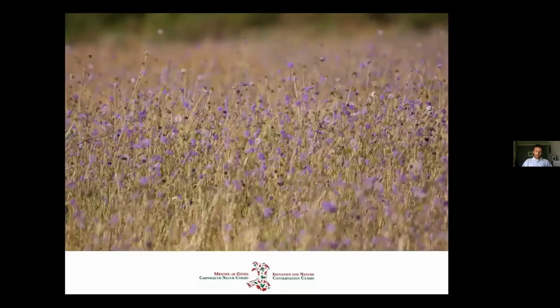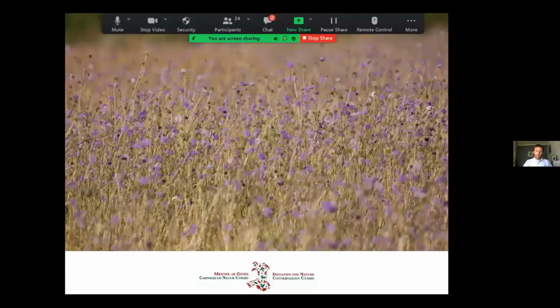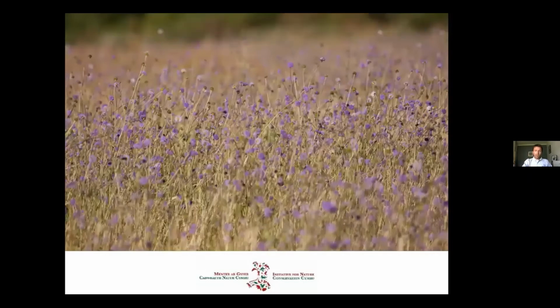Right, so I'm going to talk about Marsh Fritillary habitat and management now, which I think Rob will go into on the Wednesday anyway, for those who are going, but I'll go through it here anyway. So the management of the Marsh Fritillary habitat benefits a huge number of other species, plants, invertebrates, mammals, birds, amphibians,